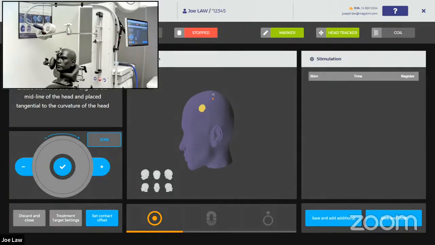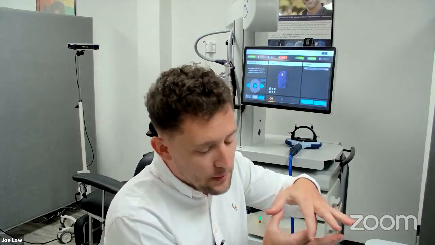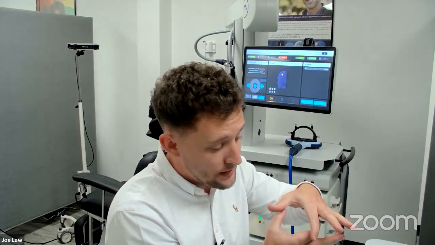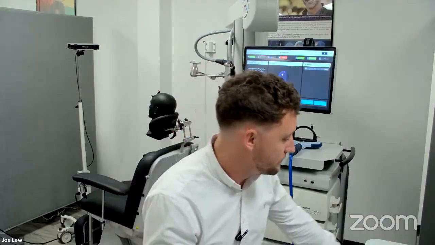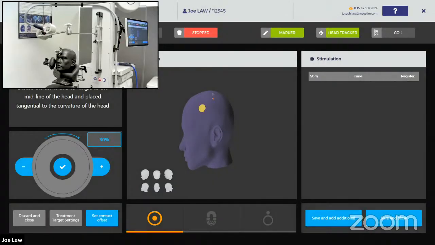It's telling us where the treatment target is. Why is it a yellow cylinder? That's the tolerance. Currently I'm set at a 5mm tolerance, so I have a 5mm cylinder. You can customize that between 1mm and 10mm. If you want to set it within 1mm, that yellow cylinder is going to be a lot smaller. So what it wants us to do, and it's going to guide us to deliver a pulse on the treatment